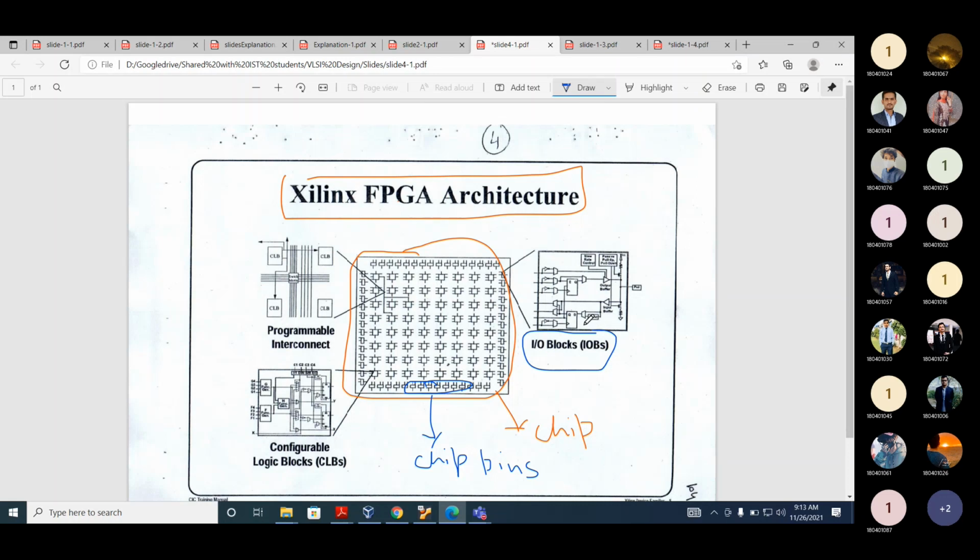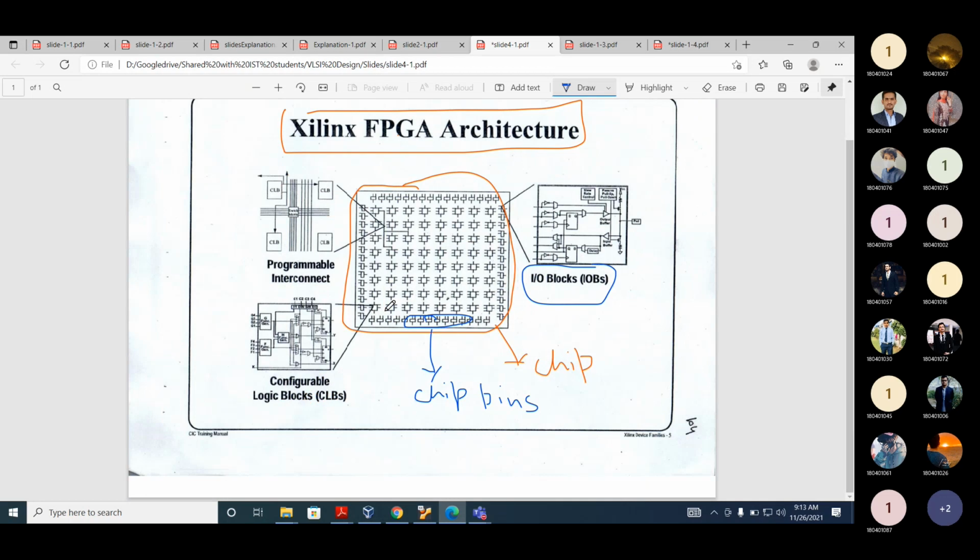And if you look at this block, we have another block. We call it CLBs, configurable logic blocks. So we have two types of blocks: IO blocks and configurable logic blocks. The configurable logic block can be used to implement any combinational or sequential function, similar to the Max architecture. What was the main building block of the Max architecture? The building block of the Max architecture was the macro cell. What is the building block of the Xilinx FPGA architecture? Configurable logic block.